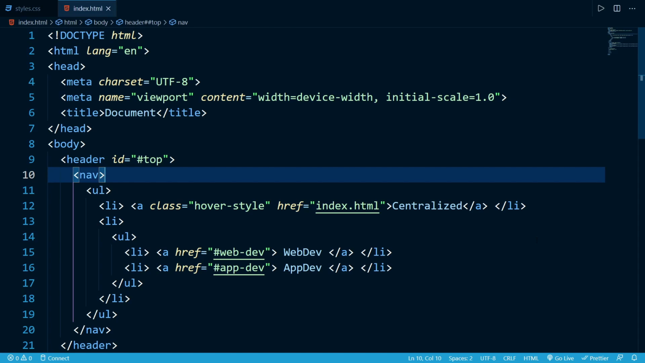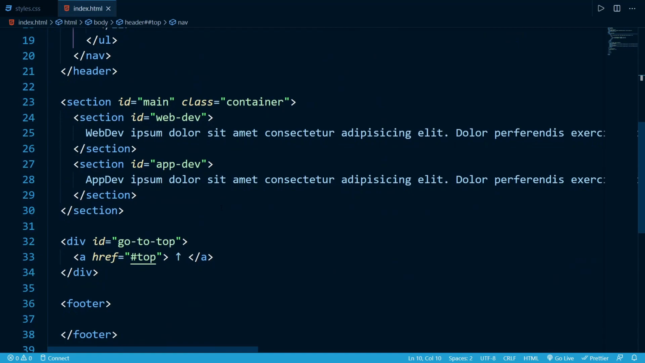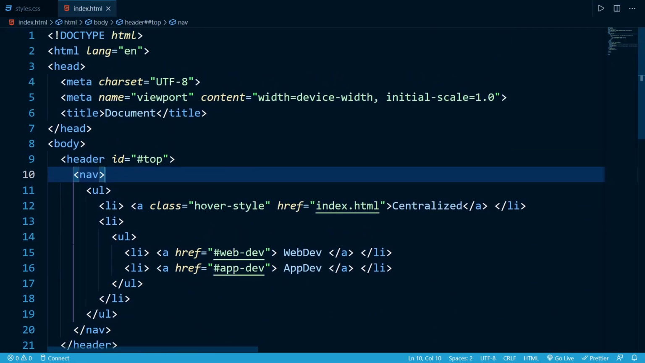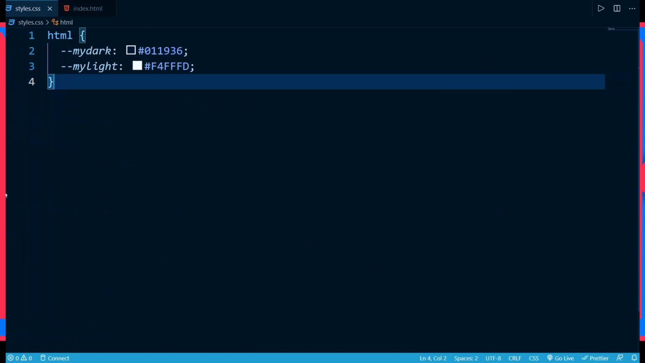HTML page that we created in the first video in our web development series. So we have a header, a main section, and a footer. So we are going to style all of them in today's video. So this is our style CSS file, and as you can see I have something new here which you might not